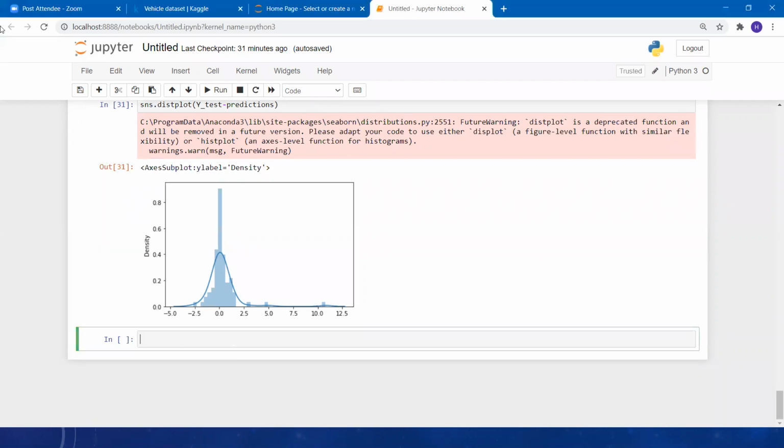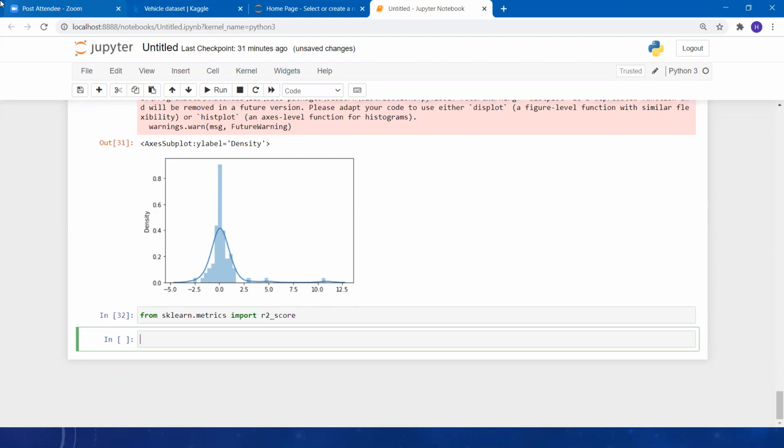First of all, let's see the accuracy of this model without applying any hyperparameter tuning. We are going to use our R2 score over here. For that, let's import R2 underscore score from sklearn.metrics.